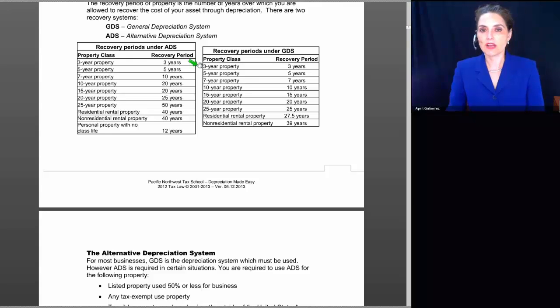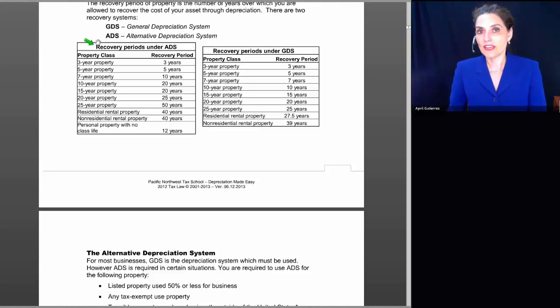You can see that 3-year property is 3 years, 5-year property is 5 years, 7 is 7, 10 is 10, 15 is 15, 20 is 20, 25 is 25, residential rental property is 27.5 years, and non-residential rental property is 39 years. If you don't qualify for GDS, then you typically will